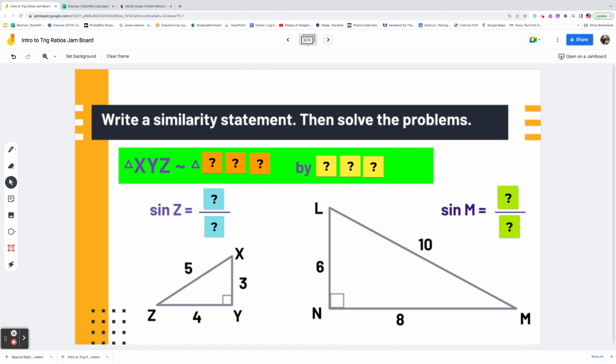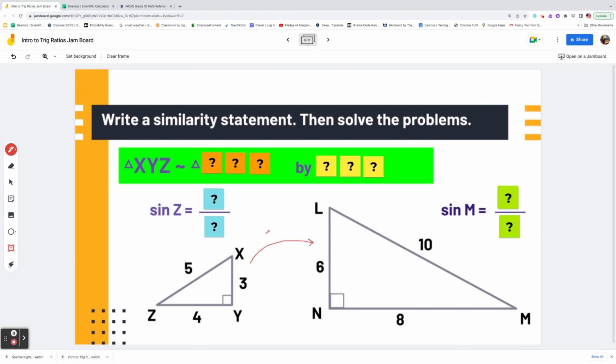Let's take a look at example frame number 8. It says, write a similarity statement, and then solve the problems. In order for me to write a similarity statement, I have to prove that the triangles are first similar. And all I see is one congruent angle in each triangle. I could do side, angle, side, noticing that there is a proportional relationship between the heights of these two triangles and the bases. The scale factor from one triangle to the other